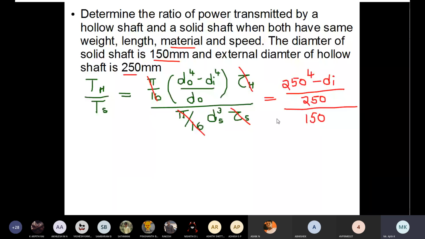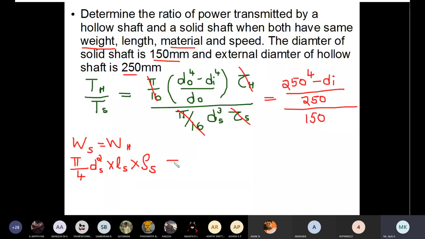According to the given question, the weight of the solid shaft and the hollow shaft is the same. Therefore, Ws is equal to Wh. What is Wh? Similar to all the previous problems, I'm writing the final answer directly: pi by 4 into the diameter of the solid shaft squared, into the length of the solid shaft, into the weight density of the solid shaft